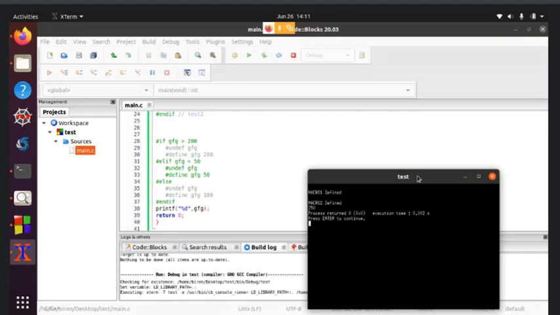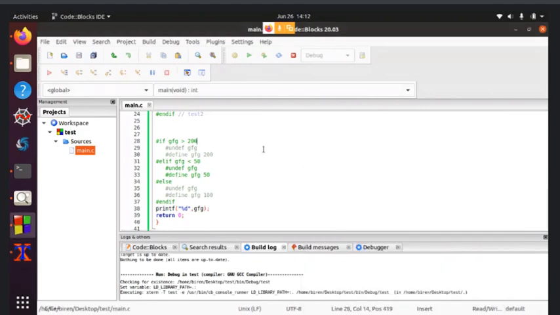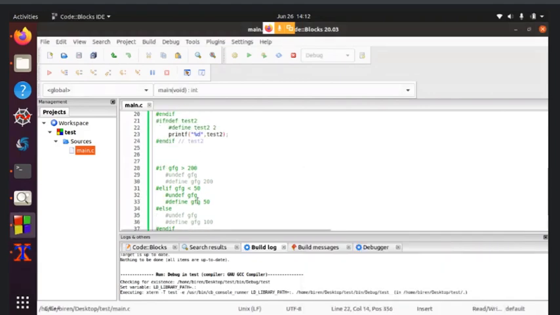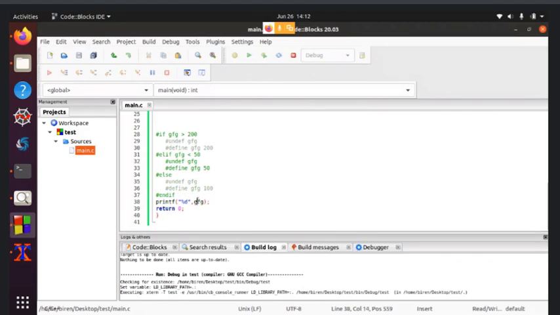Are we getting the correct output? Yes, the value is 50, not 250. Here the 2 is for the test2. Let me write slash n, then you can understand. Slash n GFG.